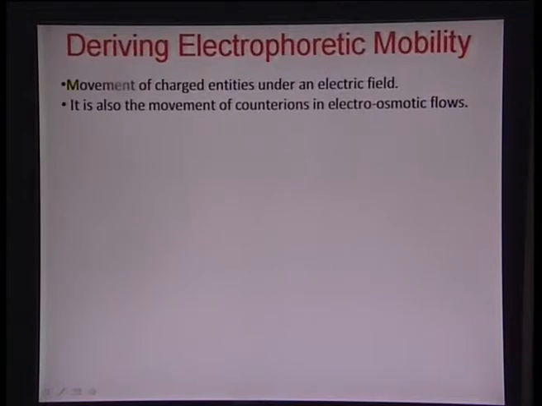Okay. So electrophoresis again is the movement of charged entities under an electric field, and also the movement of counterions, that is in electro-osmotic flows. So a couple of important things we would like to illustrate real quick here. One is that the movement of charged entities in E field